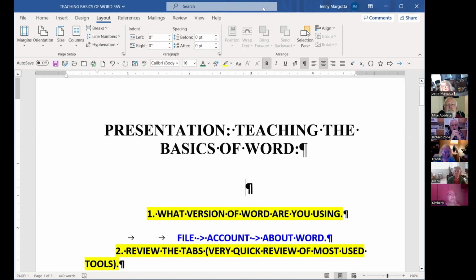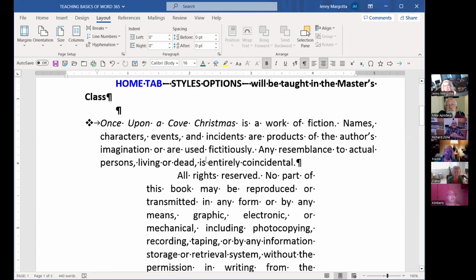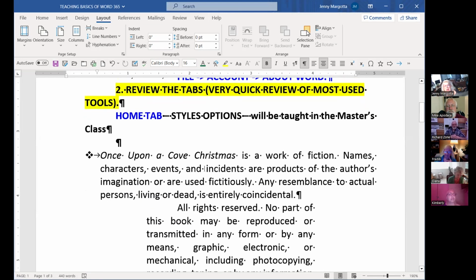You just go to show all markup, go back and find that section, and you just take out the stuff that you deleted, you add it back in, and take out the stuff you added, and you've got your original draft back. So it's really, really cool when you get into those kinds of things. But there again, that's more of a master's class, because it's a little bit technical to know how to set all that kind of stuff up. So I can always teach that if I need to. I think that's pretty much it as far as